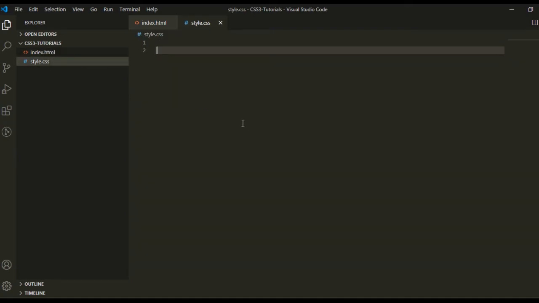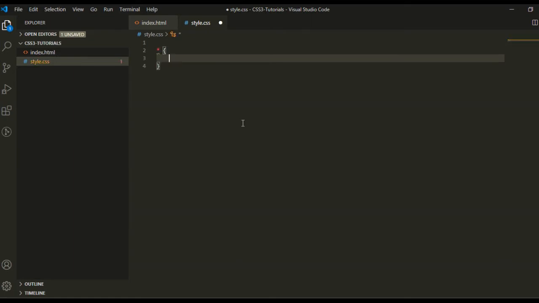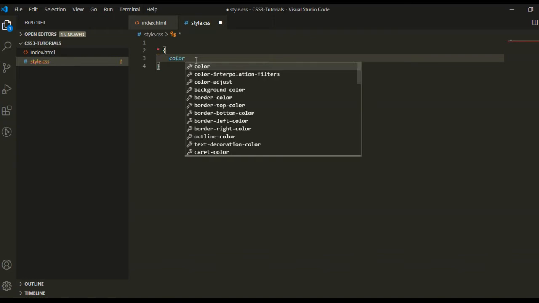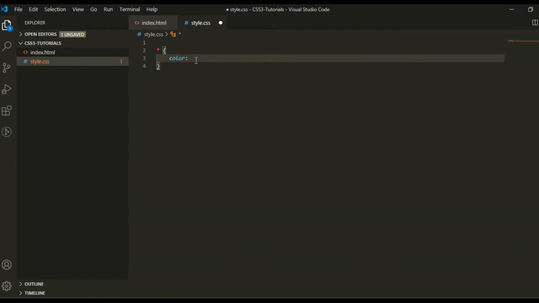For the universal selector, you just have to give the star, and we don't give any name with this star because we have to select all HTML elements, and we can give some CSS rules here like color.